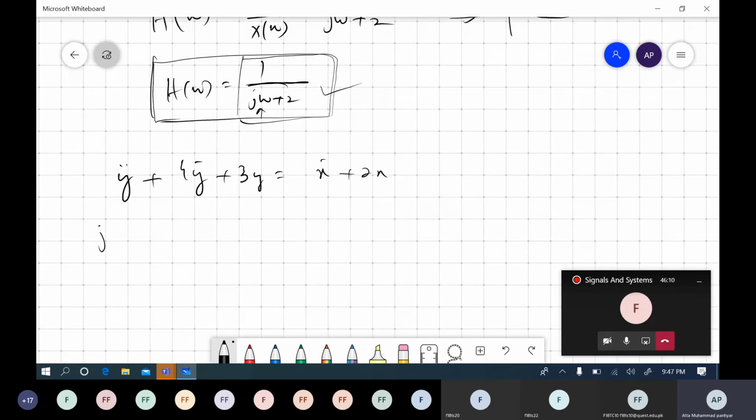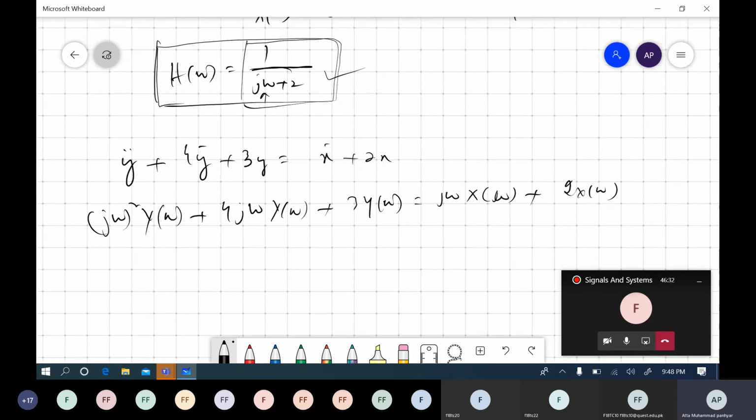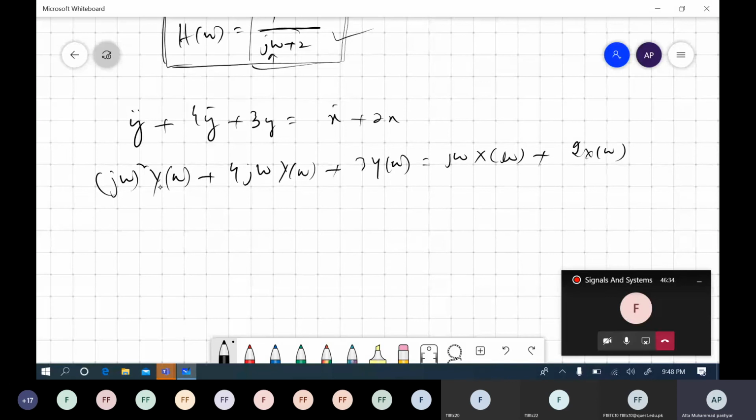Now I can write directly as (j omega) square Y of omega plus 4 j omega Y of omega plus 3 Y of omega is equal to j omega X of omega plus 2 X of omega, right? Now if I take Y common from here and X common from here, then what I end up with is